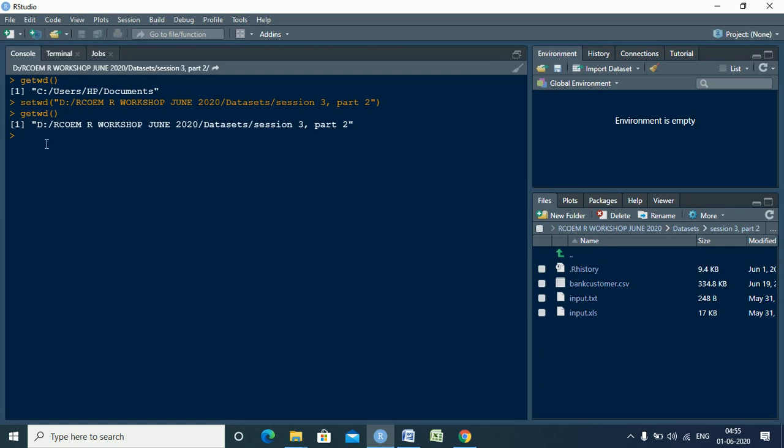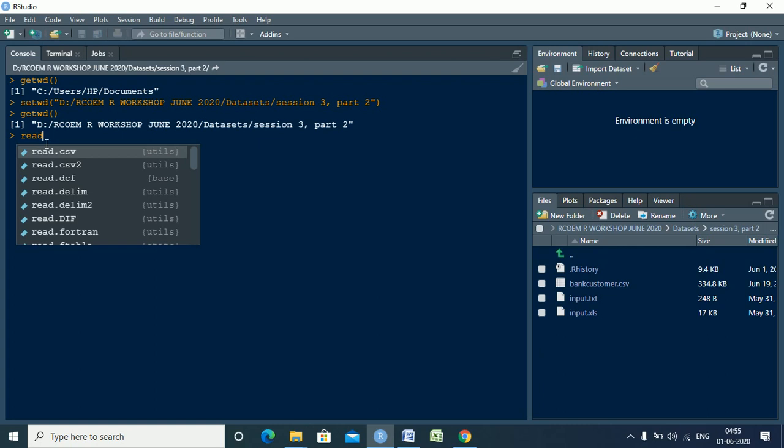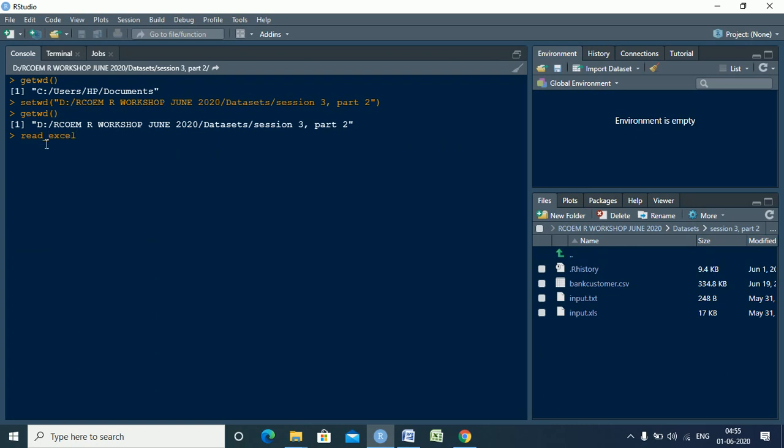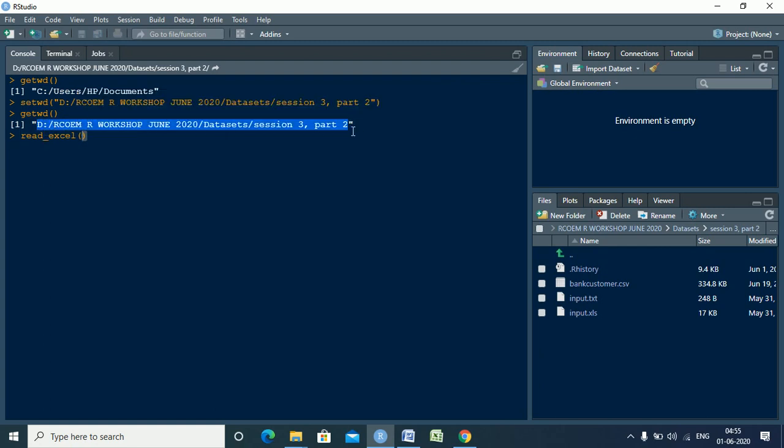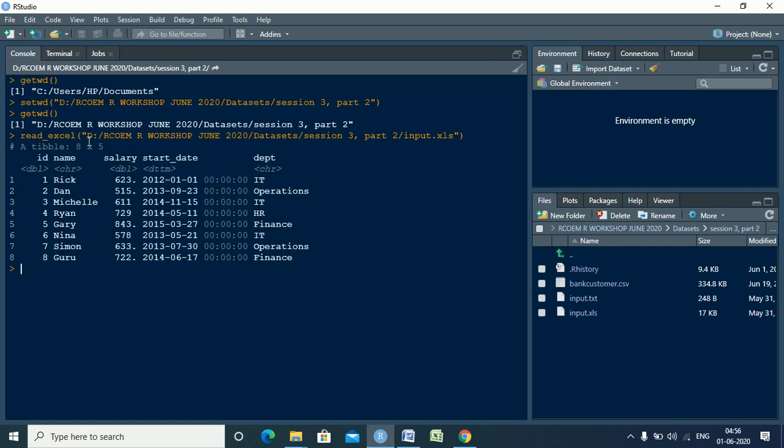Now in order to read my Excel file, I have to use the command read_excel. This is the path which you can copy. I will paste it, then slash, the name of my Excel file, which is input, and its extension is .xls, and then I click enter, right?